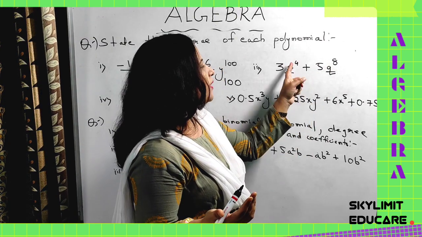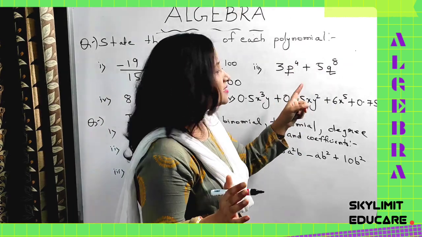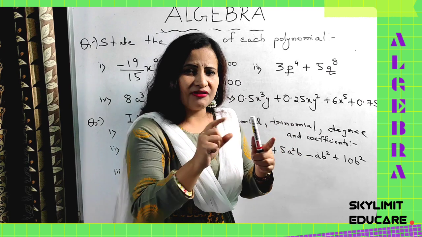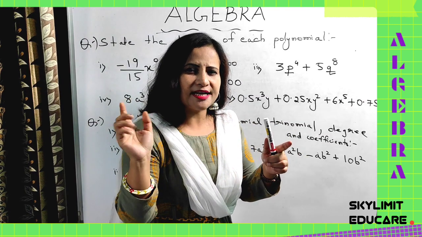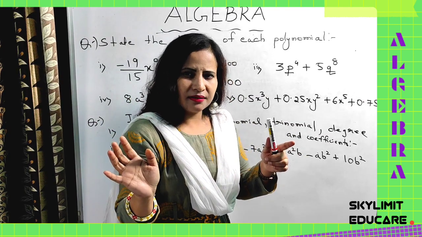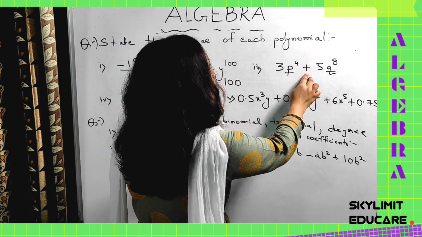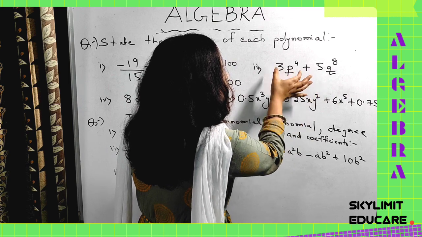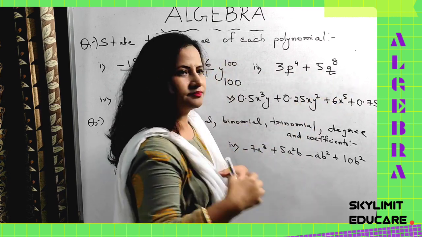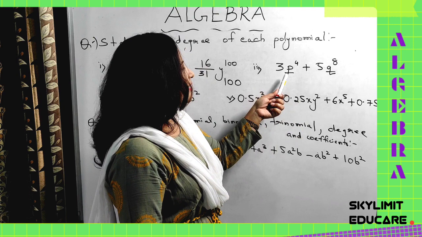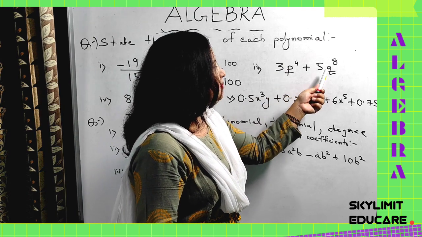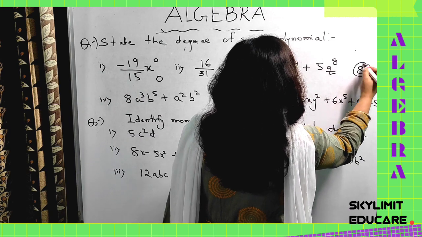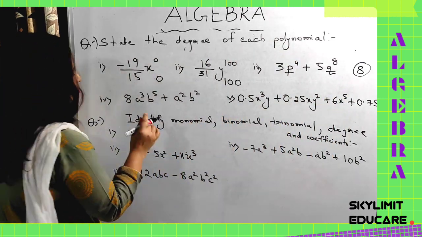In this case, you're not going to add 4 plus 8 and write 12. Remember it, because there's a plus sign here. That is applied only in the case of a monomial having many variables, where you're going to add the exponents. Right? Clear? So now in this case, since these two are separated by a plus sign, this is one term and this is the second term. Right? So now this variable is having the power 4 and this variable is having the power 8. So which is greater? 8 is greater. So what is the degree? 8 is the degree. Remember it. Okay? Let us come to the next question now.